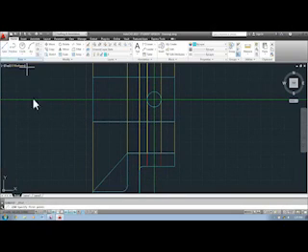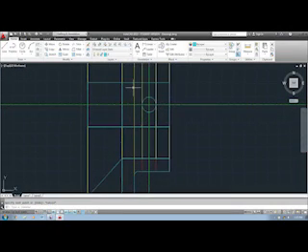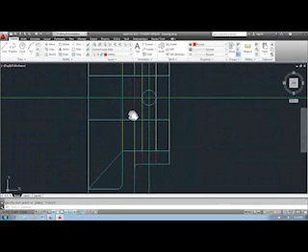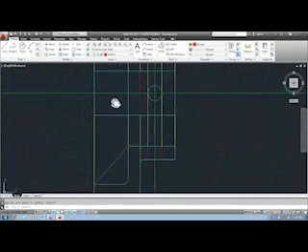Okay, and I'm going to draw a line that comes right here. And also I need a hidden line as well, right there. Once again, I'll still need to change my line type scale here in a bit. Okay, so